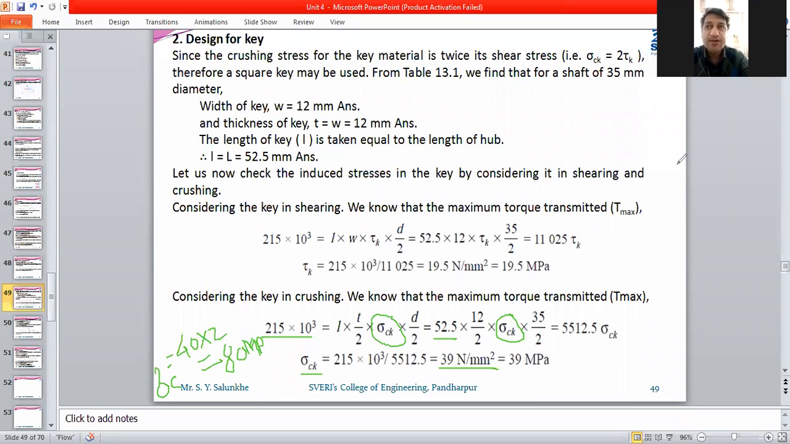Getting me? How you have calculated it? It is calculated by means of this formula. Or compressive stresses are